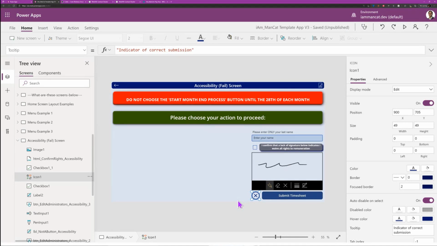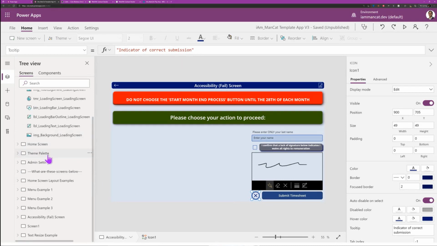But they fixed that now, and by default it will read out the text on your button every time you tab into it with a screen reader, which is great. So yes, it's really difficult to do a lot of the accessibility things if you think about how much time it